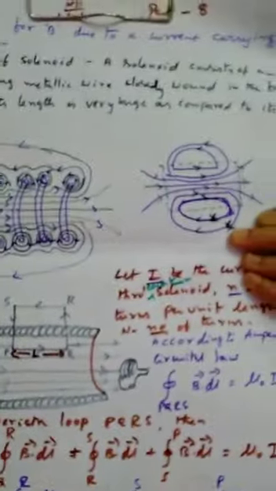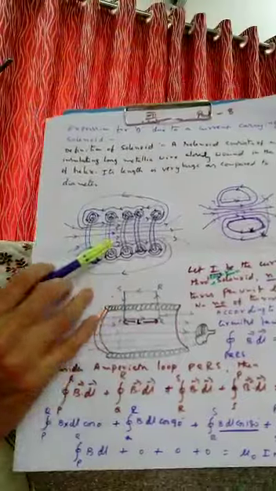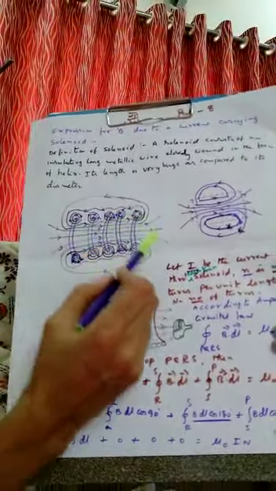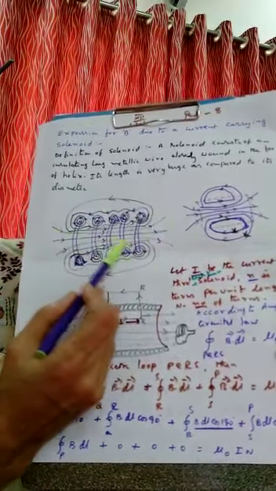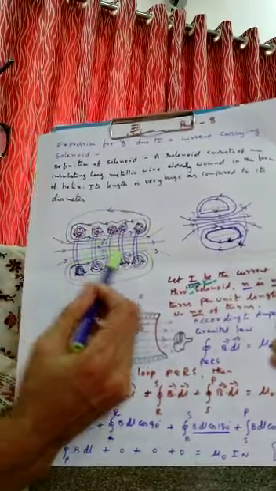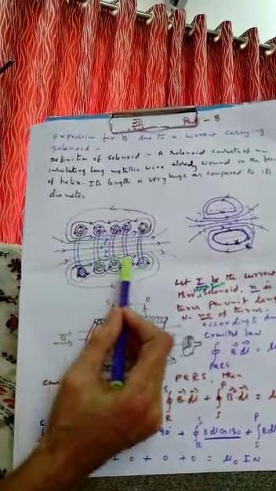How does the solenoid produce a magnetic field? How to calculate the magnetic field produced by the solenoid? That we are going to do now, right? So I am showing you a solenoid pattern. It is like this. This is a solenoid. You see, these are the turns like this. And inside, there is air. Here I am not taking any medium. Inside that coil, inside the solenoid, there is only air.